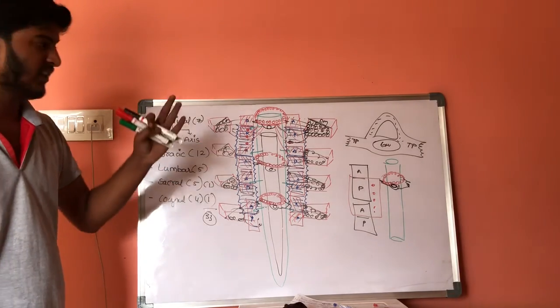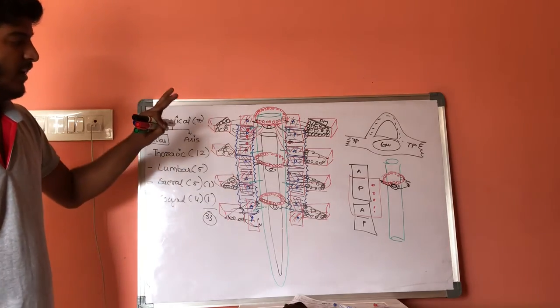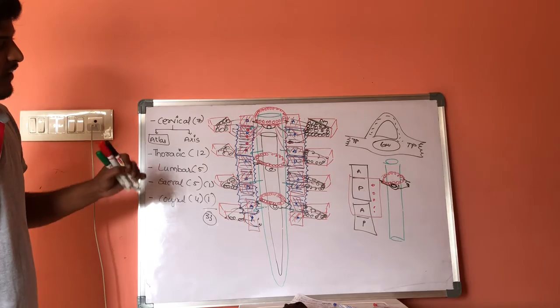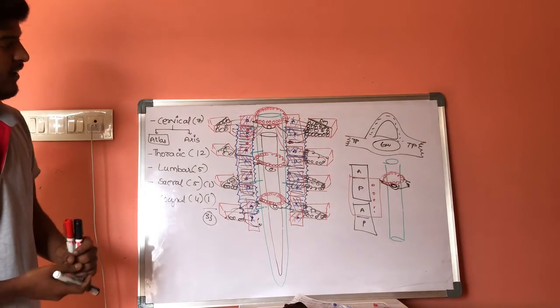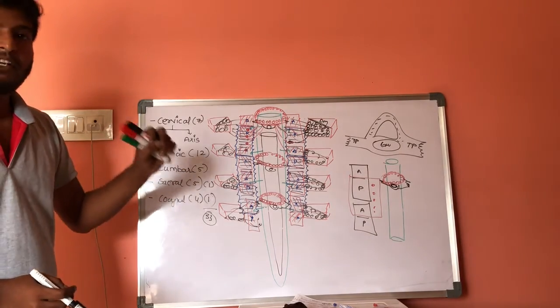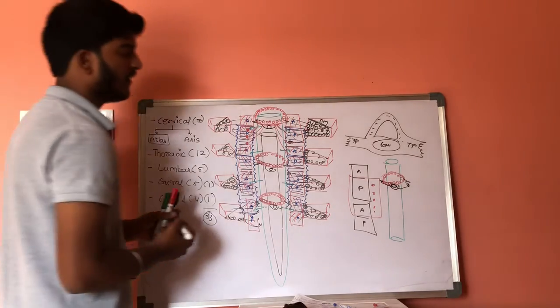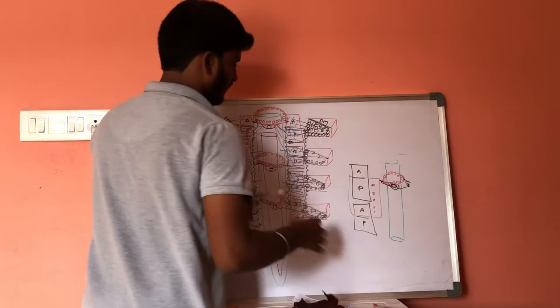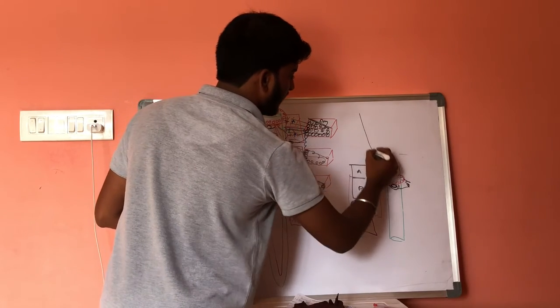We discussed the development of the skull, development of arms and development of the vertebral column. And the remaining part is the pectoral girdle and pelvic girdle. Here, this pectoral girdle and